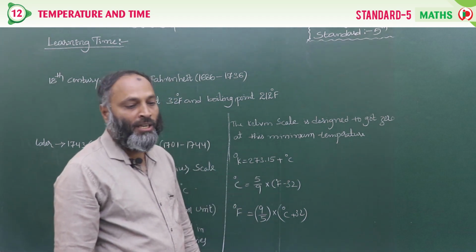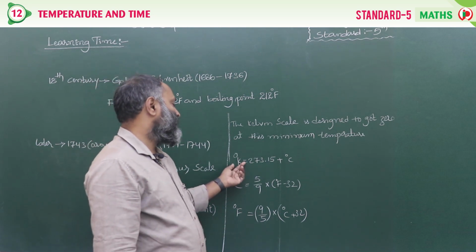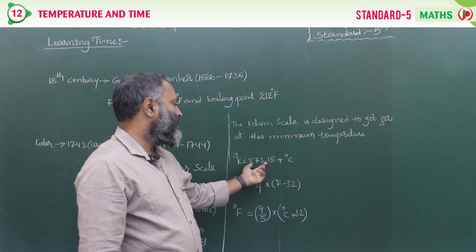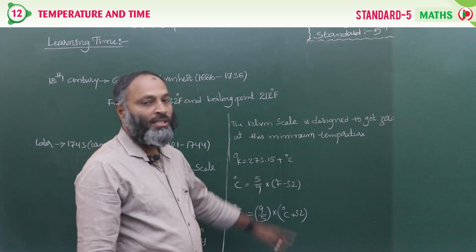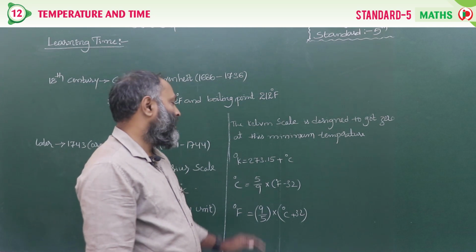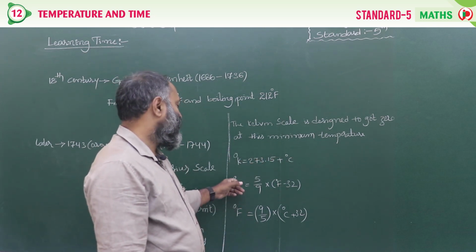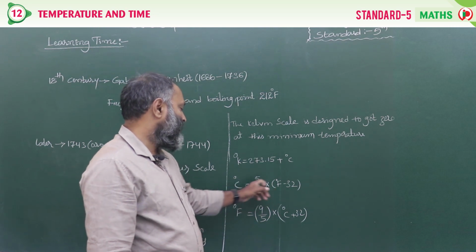This combination is there. See here, Kelvins. So how do we convert Kelvins into degrees Celsius? The formula is 273.15 plus degrees Celsius for converting degrees Celsius into Kelvin. Converting Fahrenheit into degrees Celsius: